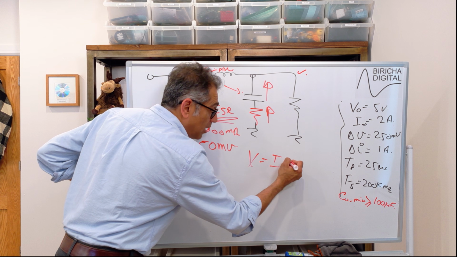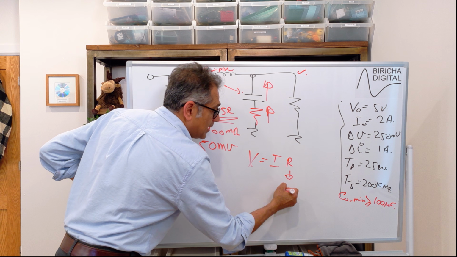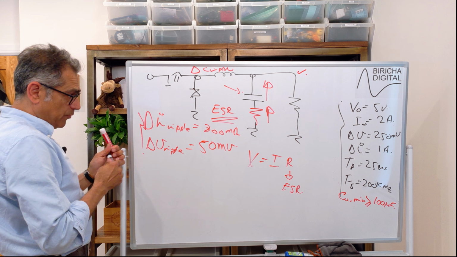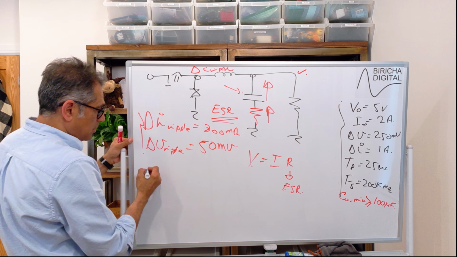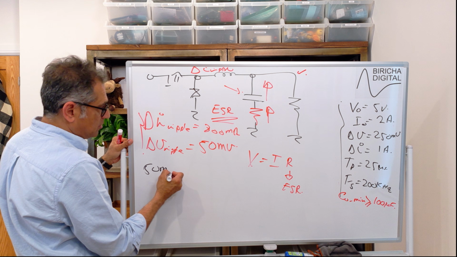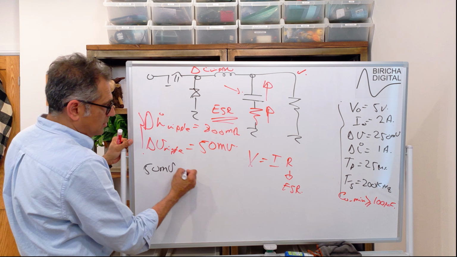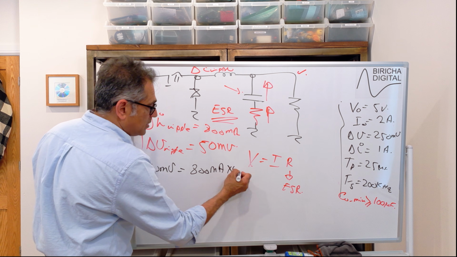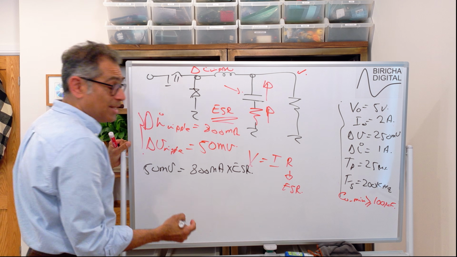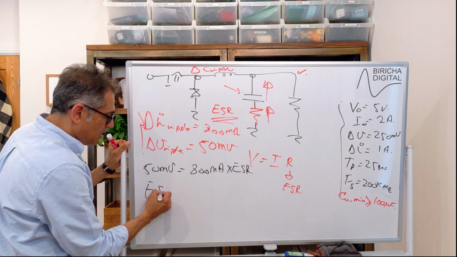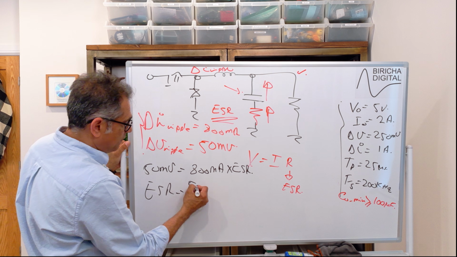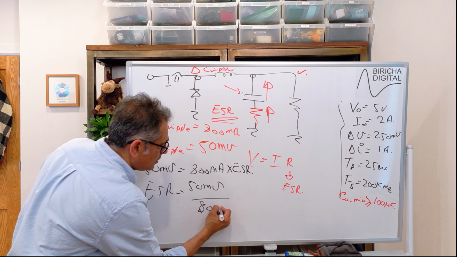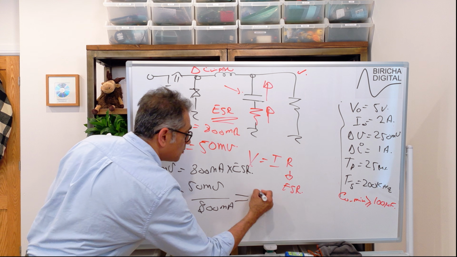V is equal to I times R, in my case, ESR. So 50 millivolts is equal to 800 milliamps times ESR. So I can work out ESR is 50 millivolts divided by 800 milliamps, which in this particular case gives me